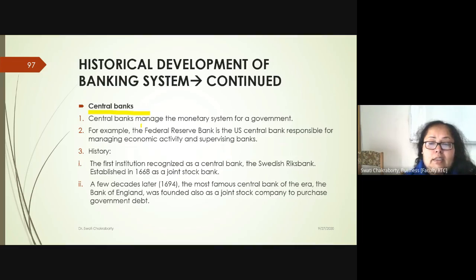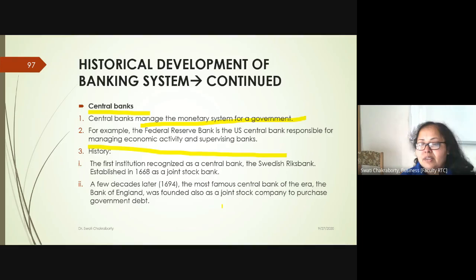Central banks. We know the central bank; every country has its own central bank, which manages the monetary system for a government. In the US, it's the Federal Reserve Bank. Here in Bhutan, we have the RMA. In India, it's the RBI. But the purpose is the same: managing the economic activity and supervising all other banks in the country. The first central bank was the Swedish Riksbank, established in 1668 as a joint stock bank. A few decades later, in 1694,